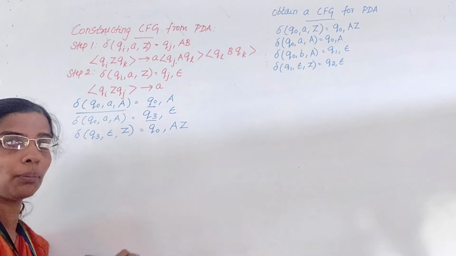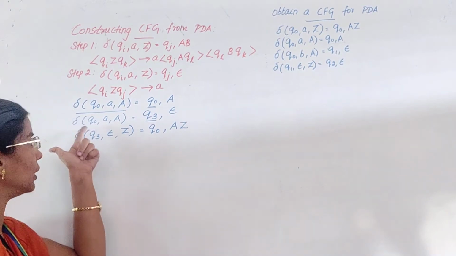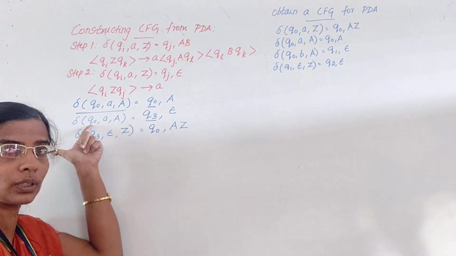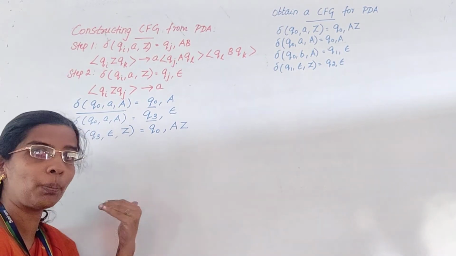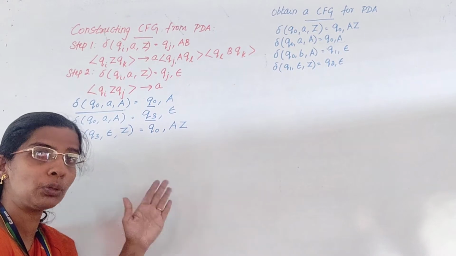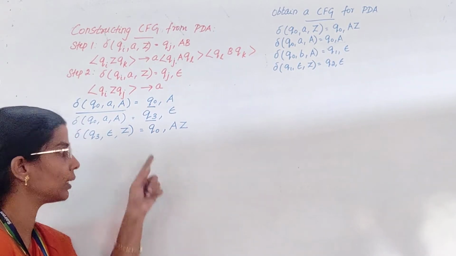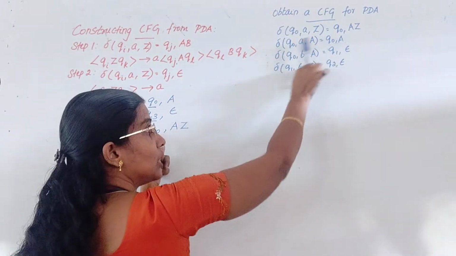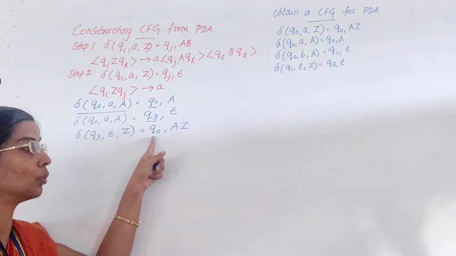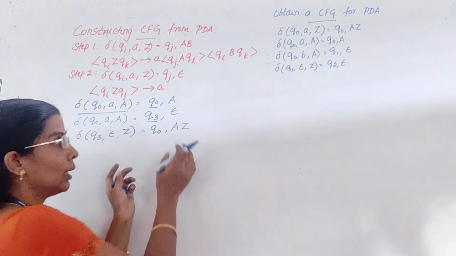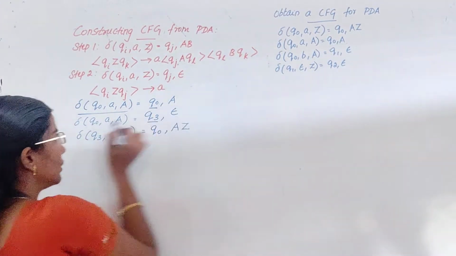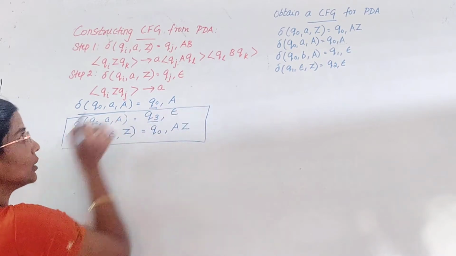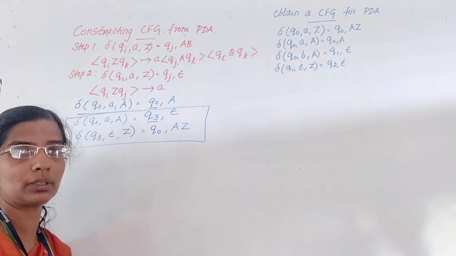You can check, initially when I start this pop operation, the stack was in Q naught state. After popping, you are pushing. After pushing, you check the state, and it should be in Q naught only, since there is no state change here. After rewriting this transition, you got two transitions and both are in the correct format.